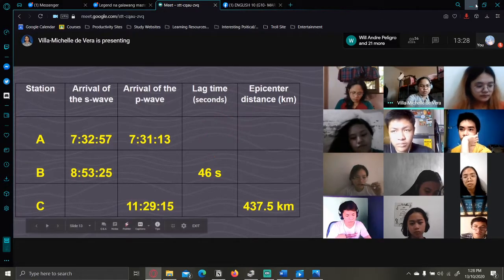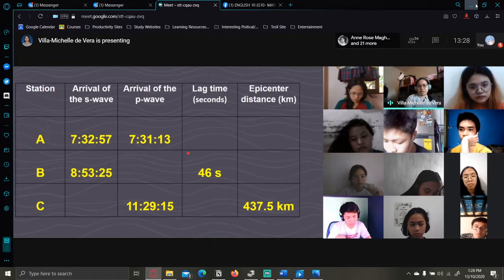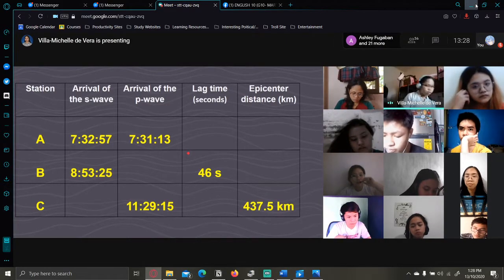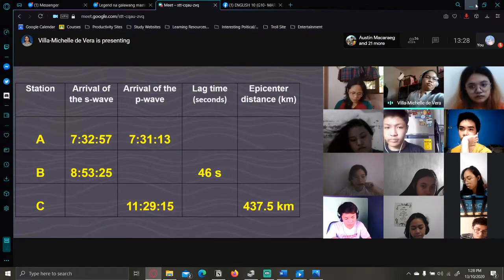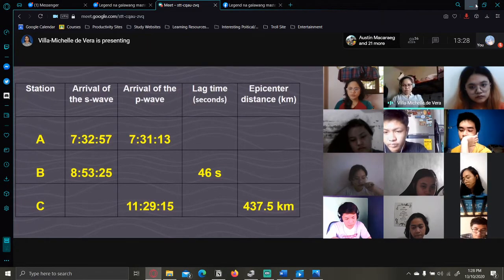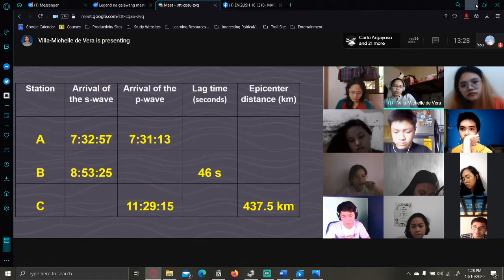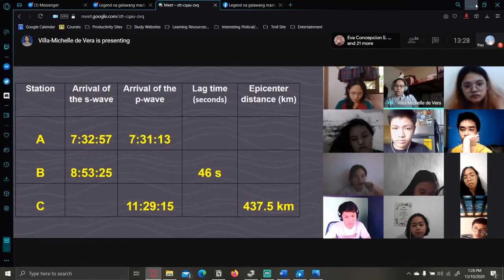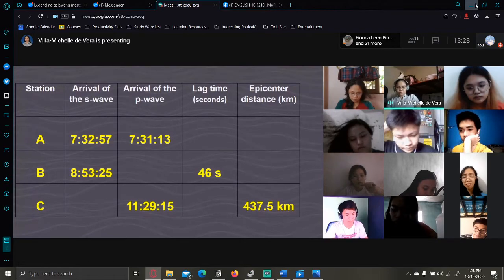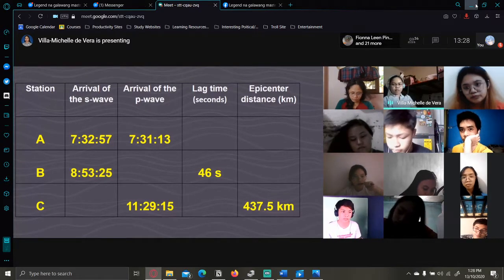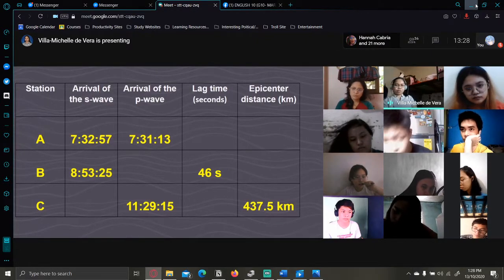Hindi ako makakapagsalat dito. So, if you have 104 seconds here, madali na lang natin makukuha yung epicenter distance. Anong gagawin? Asan ba calculator? Just multiply by 100. Multiply by 100. Divide by 8 seconds po. So, ganun lang. Ika-cancel out natin yung seconds and the remaining unit would be a kilometer, which in turn is correct because we are looking for a distance. And it's kilometers. Sige, pag may sagot na kayo, lagay na lang dito sa chat box